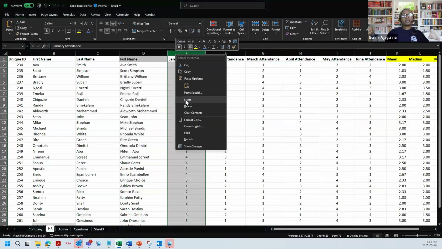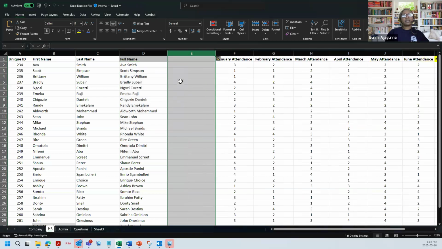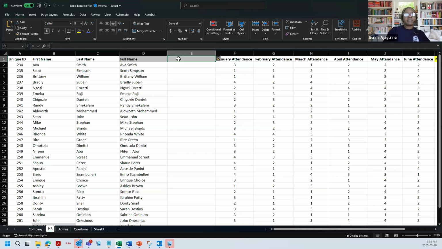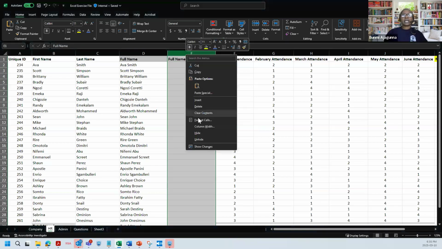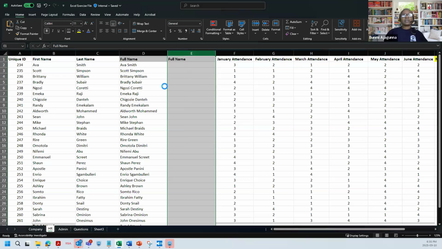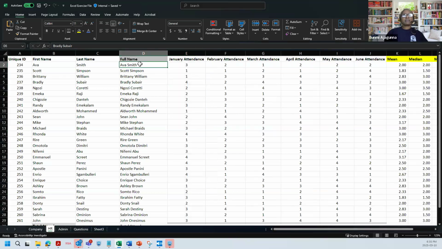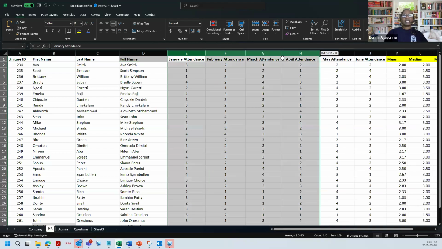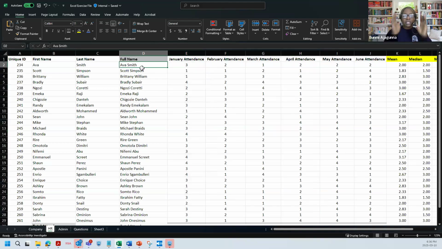Another method is, should I add another one or should I? Okay, I'll add another here so that you see the different methods and I can send this workbook to you afterwards. So another method is to do the concat or the and. I'm just going to start with the concat first. So what you do is equals to, you put your cursor, oh sorry, I will not add it in here. Let me delete. The reason is that you all have your distribution from the email. I'll override this.